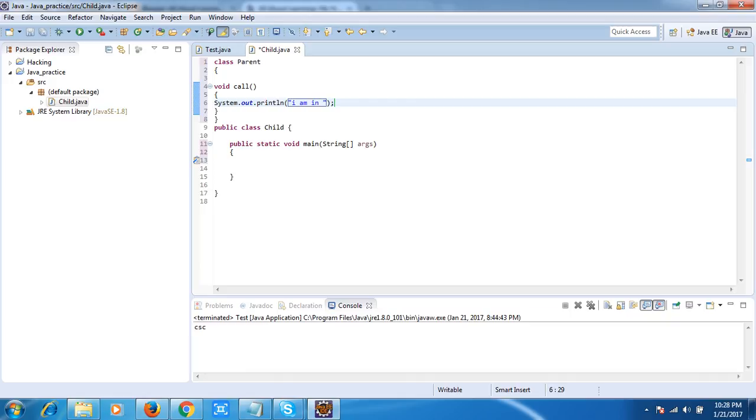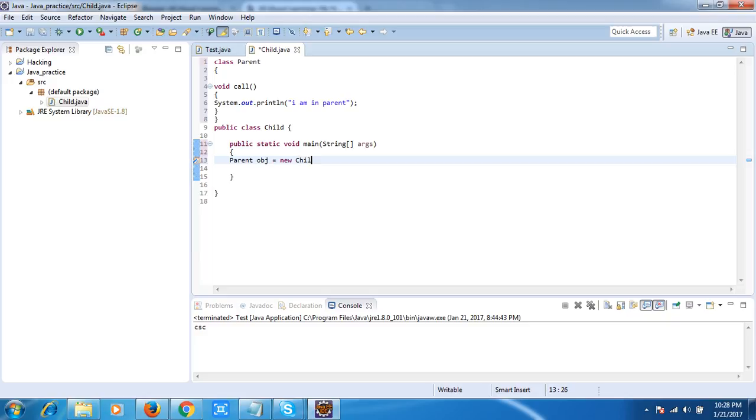Now I will create the object of parent to access this method: Parent obj, you can give any name, then new, and I will write the child class name.